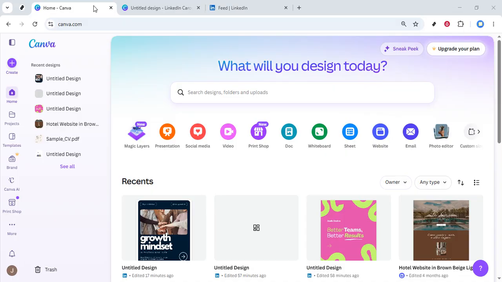First, head over to canva.com. Canva is a powerful online design tool that's perfect for creating visually appealing graphics, including carousels. If you don't have an account yet, you'll need to sign up, but if you're already a user, simply log in to get started. Once you're on Canva's homepage, look for the Create button located at the top left corner